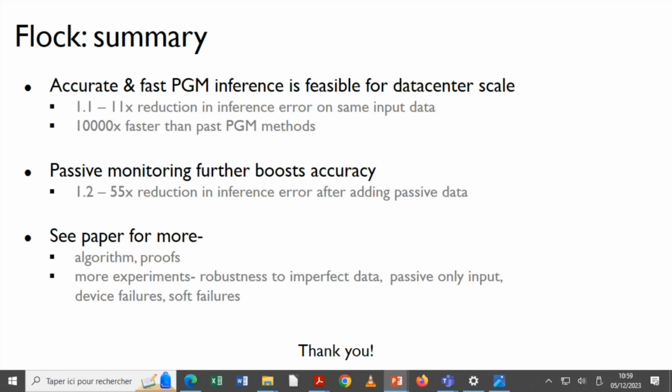If the volume is too large, you can always downsample it randomly and run the analysis with the sampled monitoring data. This is more of an engineering challenge, and most people we've talked to in the industry already collect some sort of monitoring data, and they can just take our algorithm and run it.